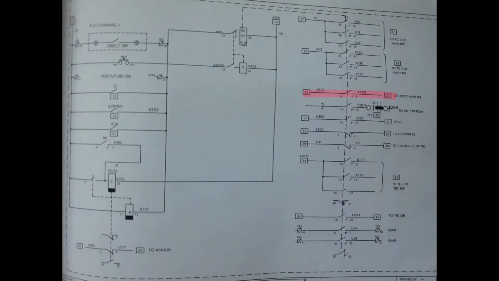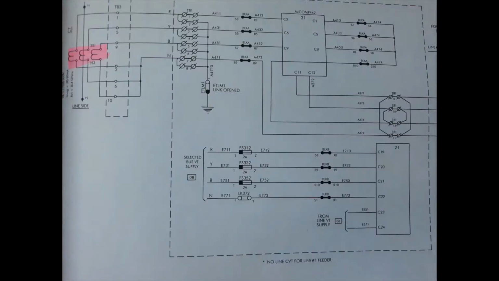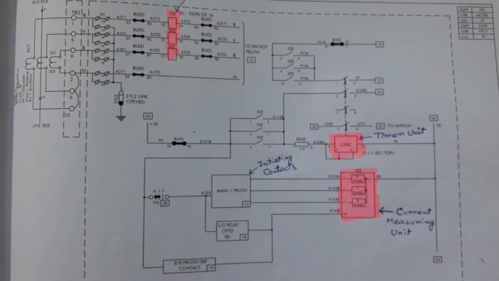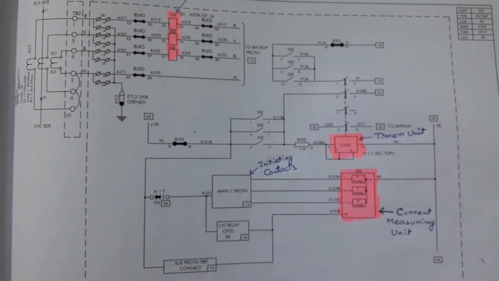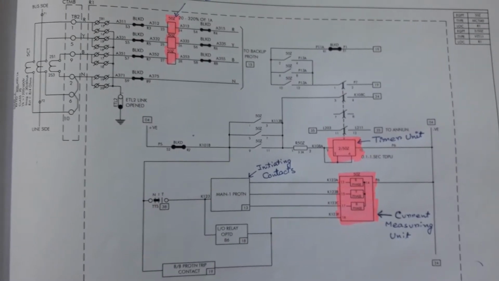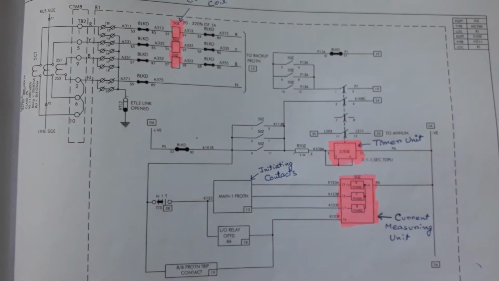In sheets 19 and 23, the DC schematic is shown, whereas in pages 13, 18 and 19, LBB initiating contacts are described, and in sheets 2, 10 and 23, the CT circuit is described. To understand LBB protection, we should know about the different parts of this scheme described at different sheets of the panel drawing, and after that we will discuss the working principle.